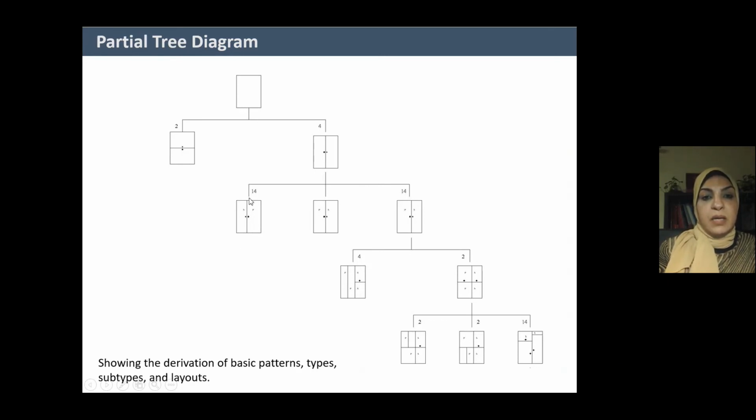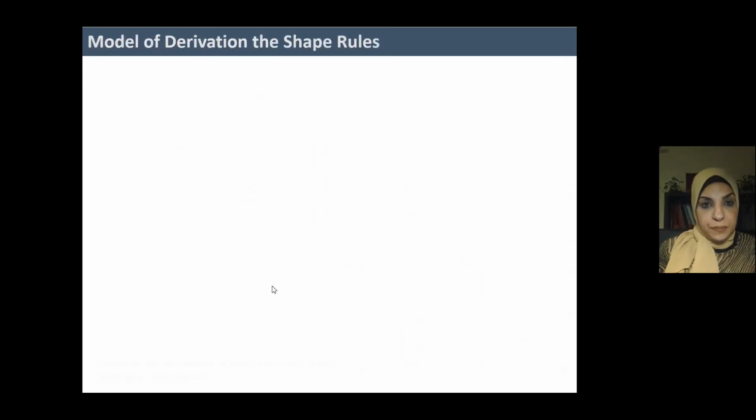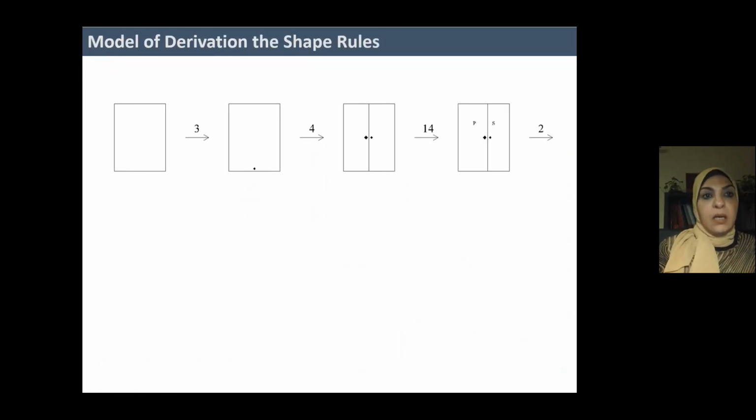Each one of them can generate more ways and more designs. Here we are going to present just a model to see how this tool works and how we can derivate